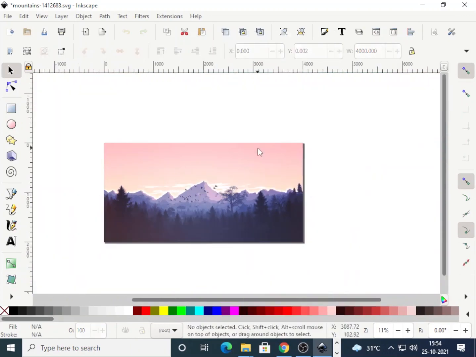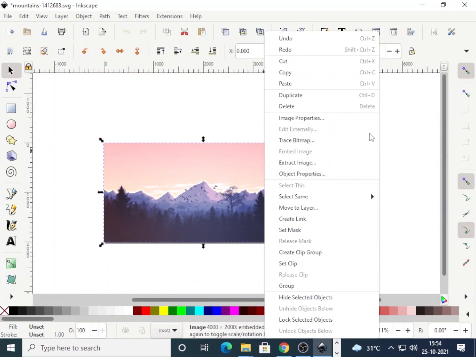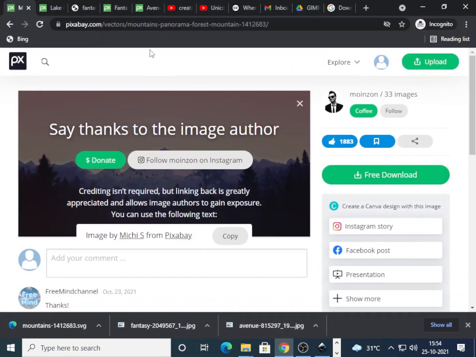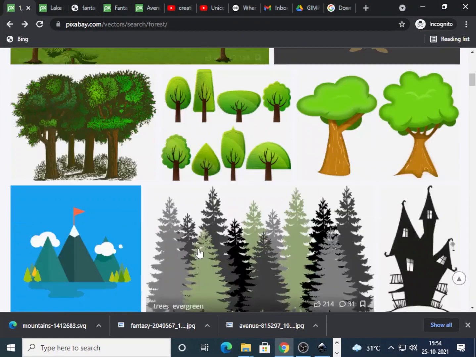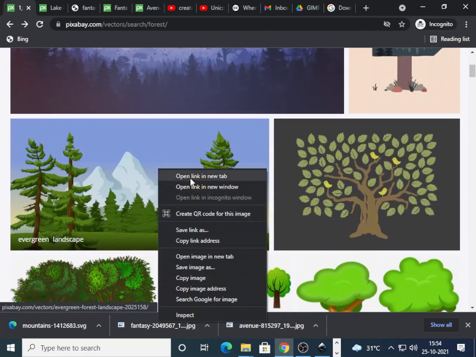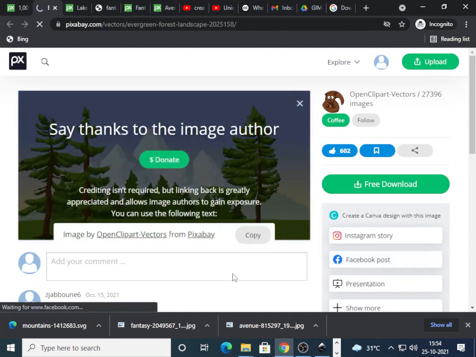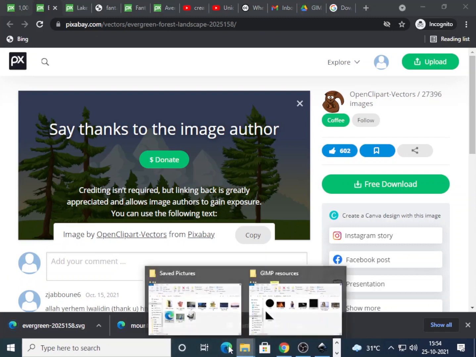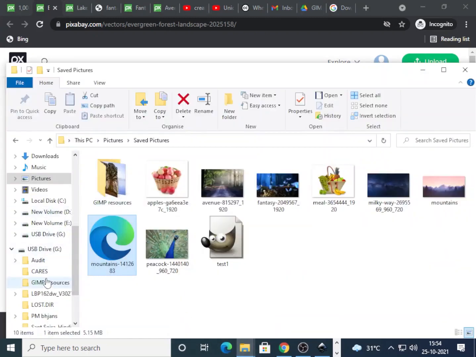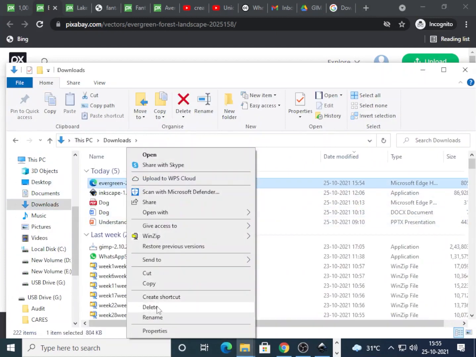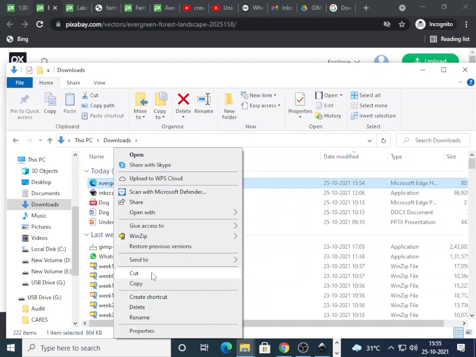I think I have not downloaded the right SVG. Just a minute. Open with.